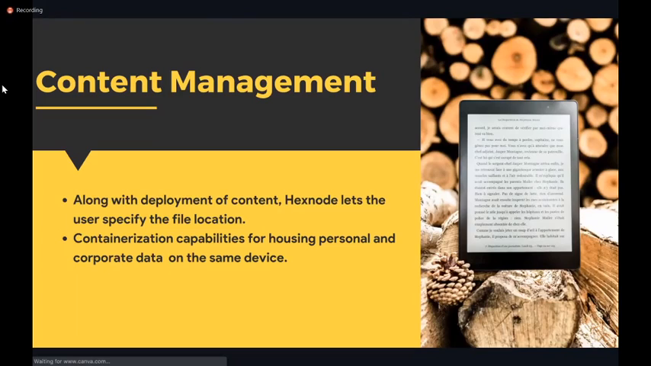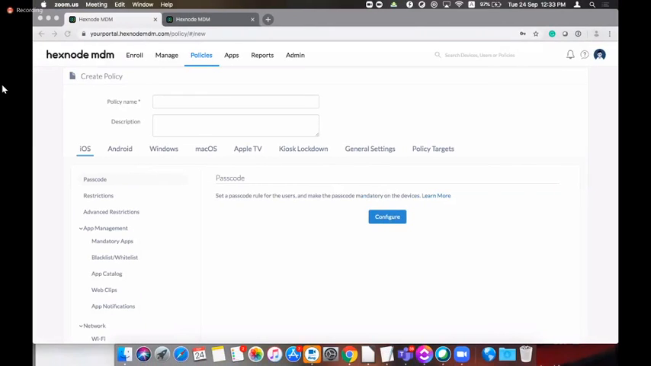And then we have the content management, which would allow you to remotely transfer files to specific locations on devices. So we have the content management, which would allow you to transfer pretty much any files or any documents to your devices. So we have a feature that's going to allow you to deploy the files. It's actually in the policies. So if you go to the policy, we got the file management for